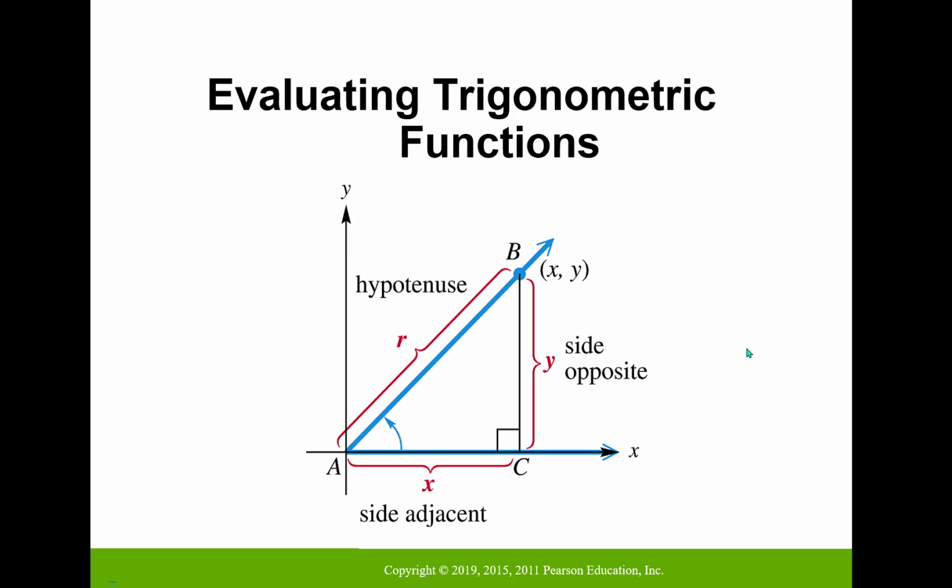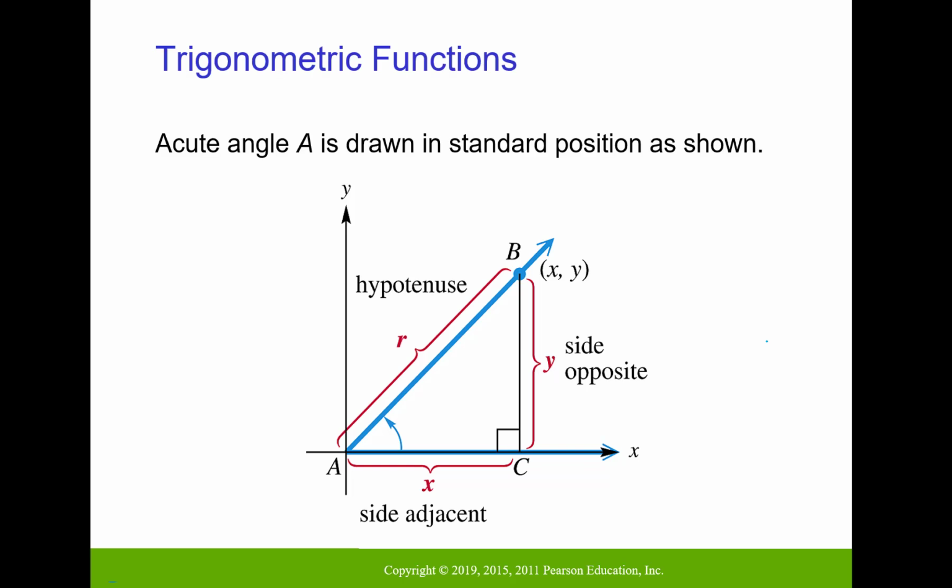Hey everyone, in this video we're talking about evaluating trig functions. For an acute angle in standard position, we have the following image where our angle would be here. Standard position means we have our vertex at the origin, (0, 0). Our initial side of our angle or triangle is on the positive x-axis, and then our terminal side is swept